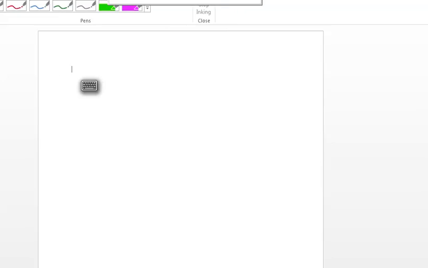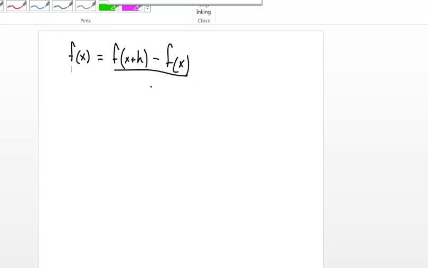There's actually two ways to do this problem. There's one way the book shows us, and then there's another way that we actually end up using in calculus. So first off, the way the book shows us is that we have this, and we're going to change our limit to f of x plus h minus f of x divided by h. That means this x plus h, I have to plug that in everywhere that I have an x into the function that's given for us, and the function that is given